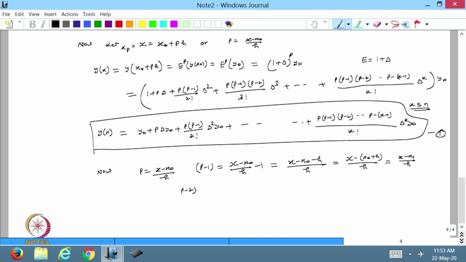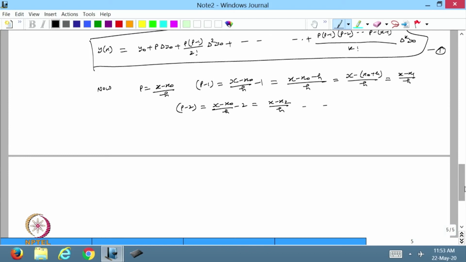Similarly, I can define p minus 2. So, you can see that it will be (x minus x naught) by h minus 2, and this will be (x minus x 2) by h, and so on. So, this way we can write all the terms in terms of p, and from here, my equation number 1, we can write y x is equal to y naught plus